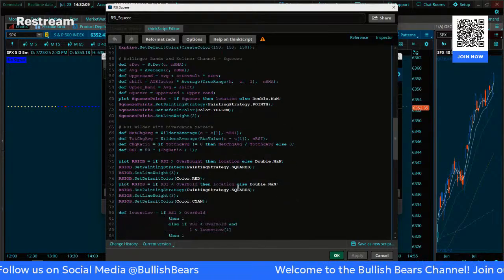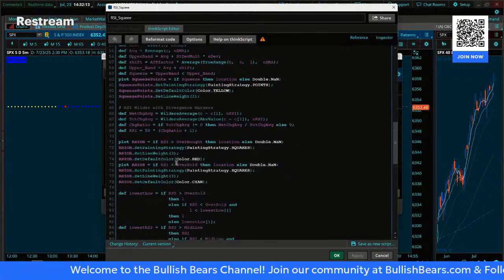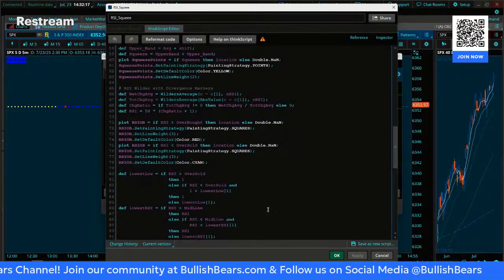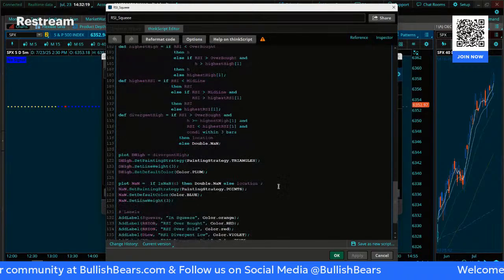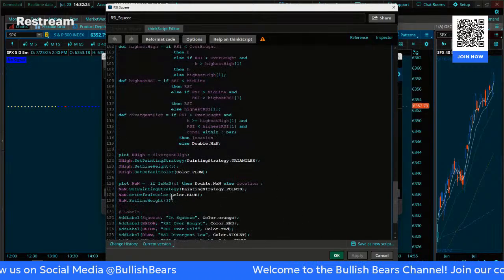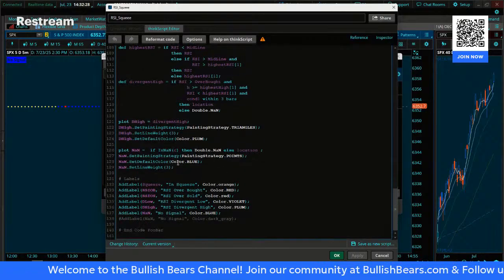RSI overbought is squares that are red. And RSI oversold are squares that are cyan. So there you go, right? Oh, there's divergence too, right? Triangles are divergent and they are purple and blue. No, let's see what blue is. Blue is nothing,